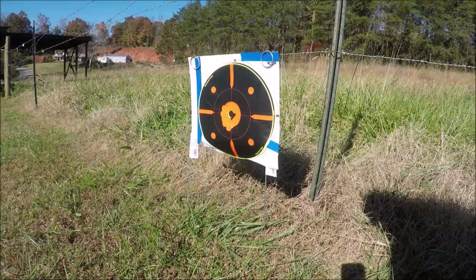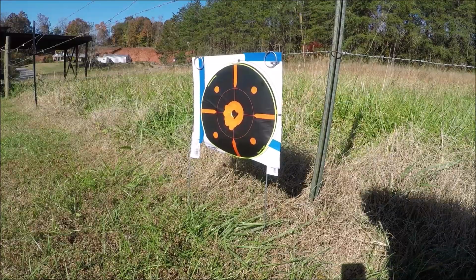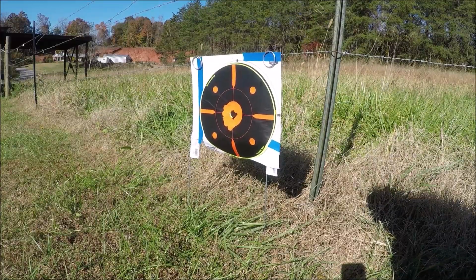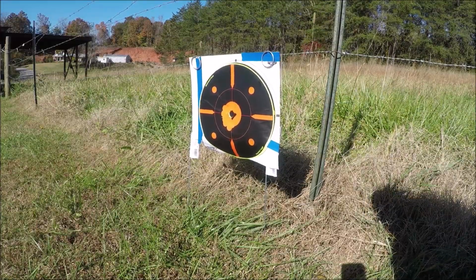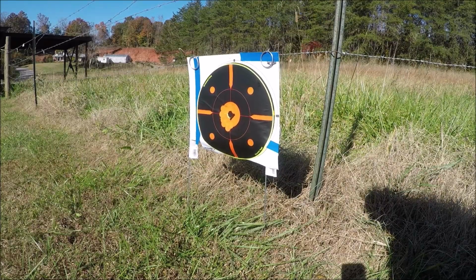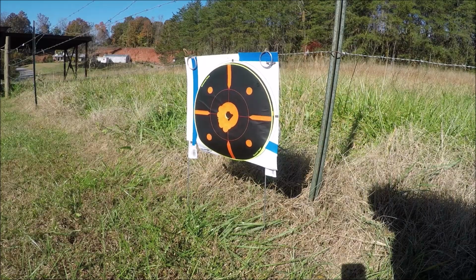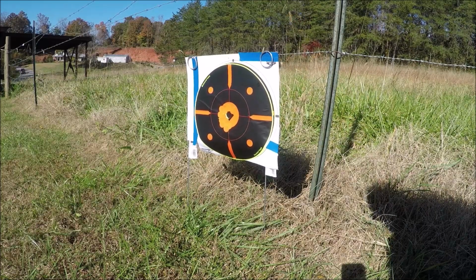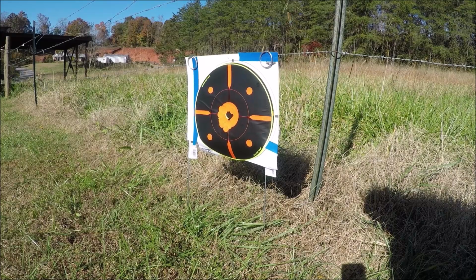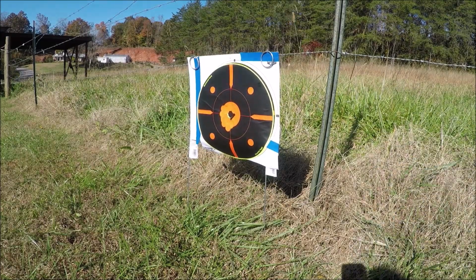Give me a second. Alright guys, we're out here testing out the Rat Sniper Slugs at 50 yards. Actually going to be just a hair over, about 51 yards. I'm going to do the 44.4 grain ones first at the top right, and then I'm going to do the 24 grain at the bottom right. See how these things do. It is a little bit windy out here, so